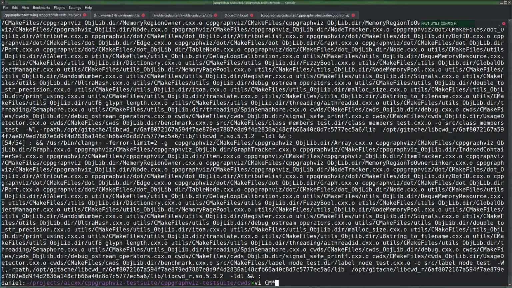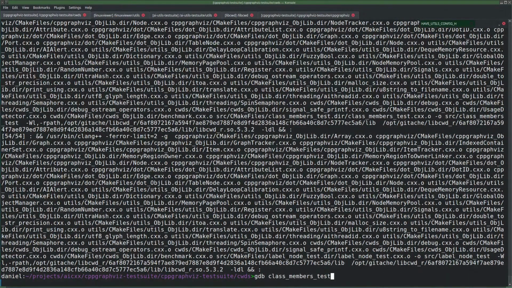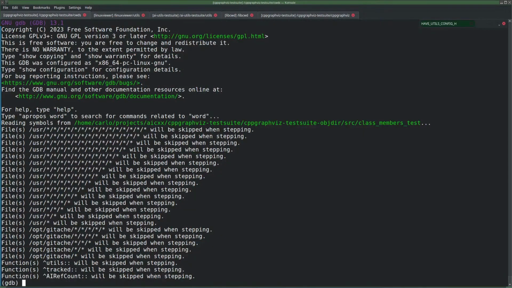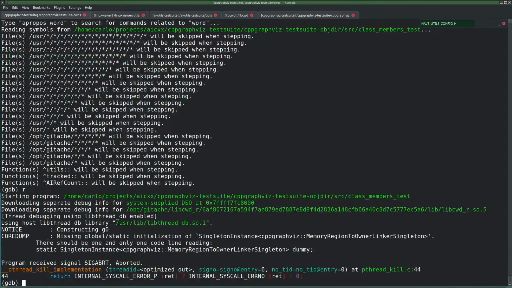What about running it now in the debugger? There is a faster way of this, right? And I blinked without stopping, but it went okay. Run, and we still crash, but now it says